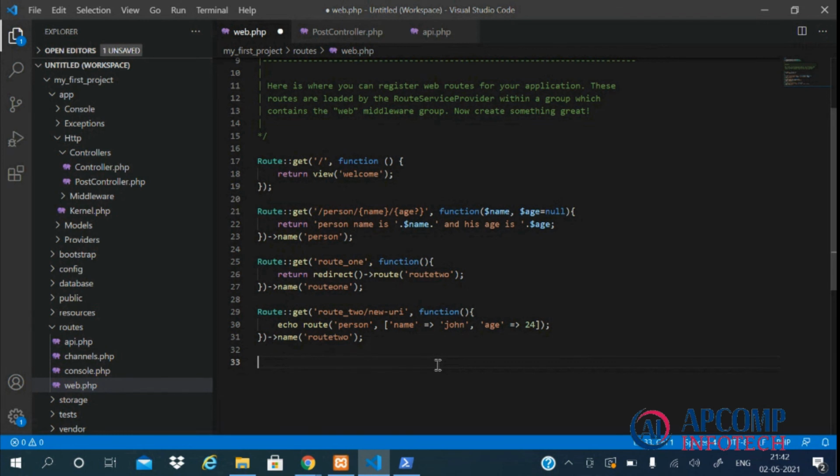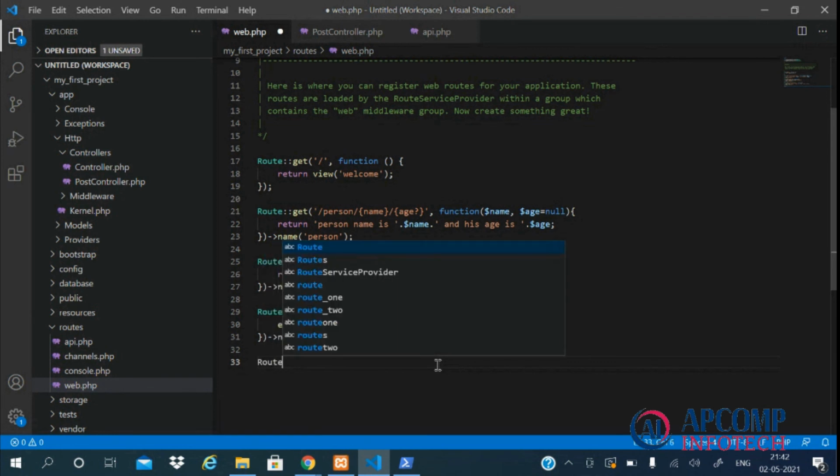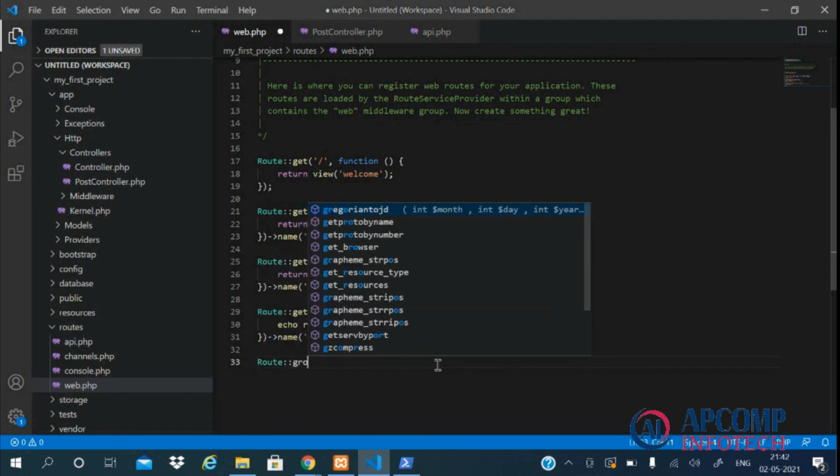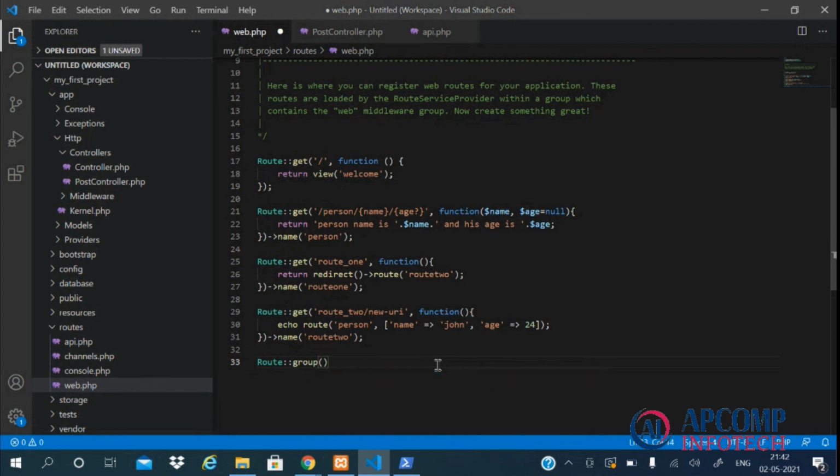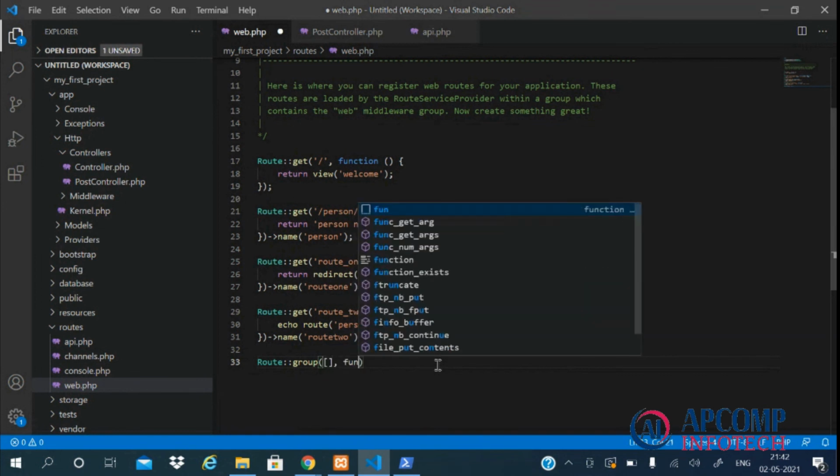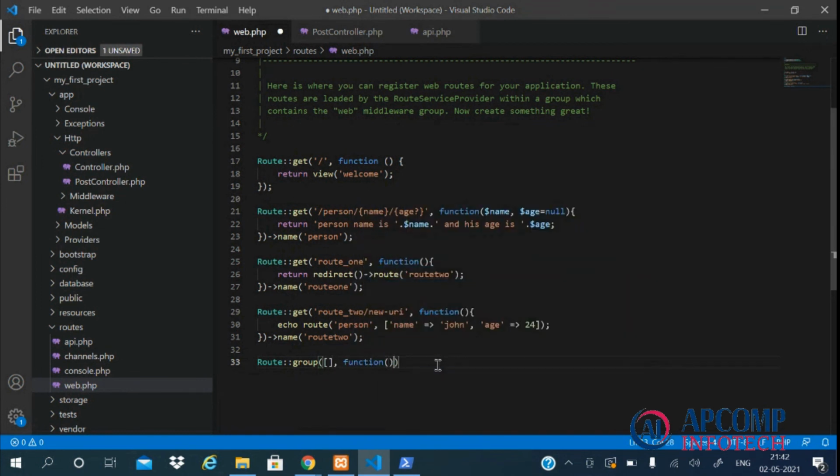So for this what we will do is route group, and this group will have two parameters. First is an array and second is a function. So what we will pass in this array, we will pass the value of the common property which are shared by all the routes which we will write within this function.